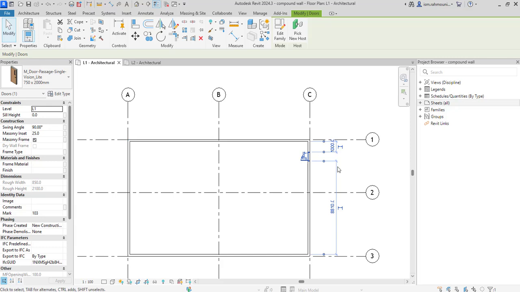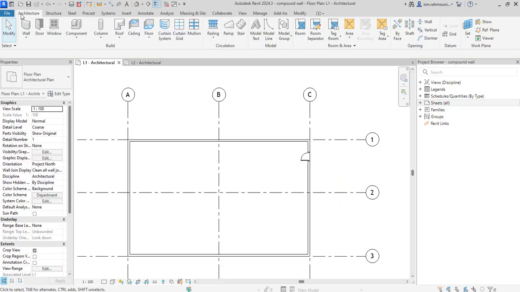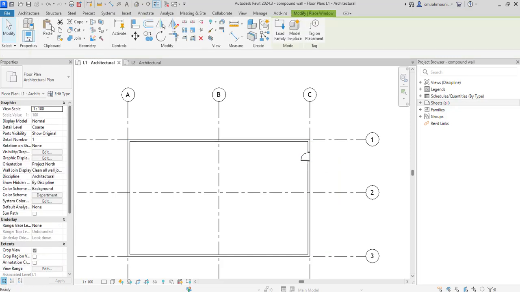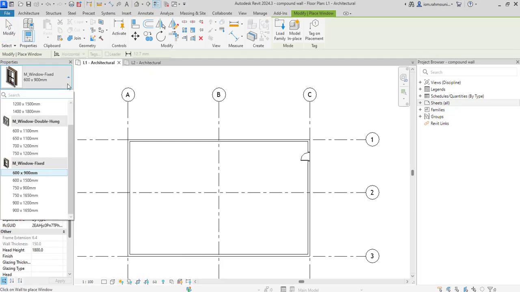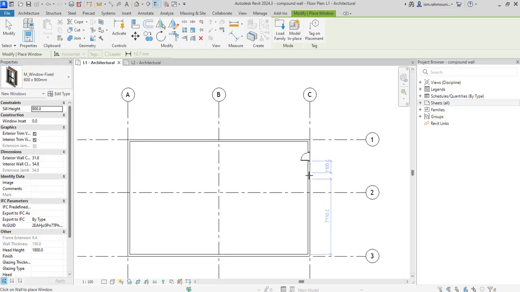Next, to add windows, go to the Architectural tab, click Window, or use the shortcut W+N. Select a window type, such as fixed 600 by 900 millimeters, and place it on a wall. Check the sill height in the Properties palette to make sure the window is at the correct level, for example,